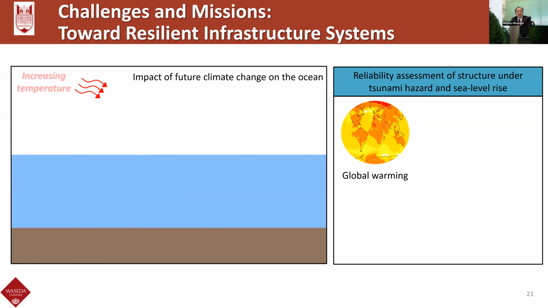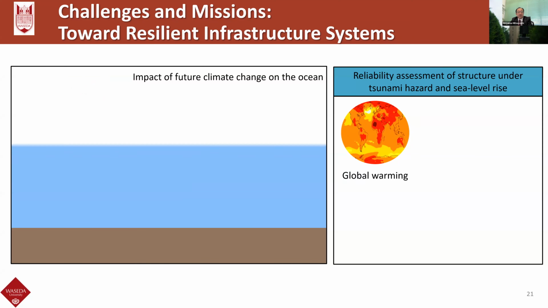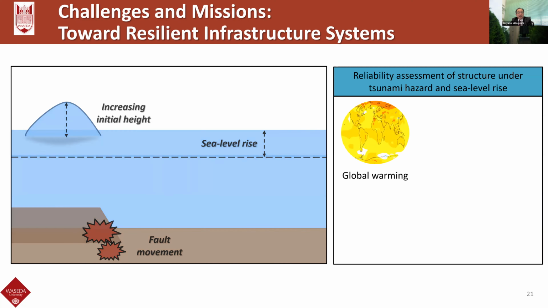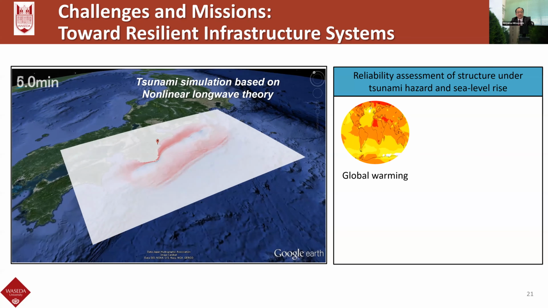So considering the impact of future climate change on the ocean, a method to estimate the tsunami hazard concerning sea level rise is needed to precisely predict tsunami disasters. So tsunami hazard is estimated by conducting tsunami propagation simulations given a sea level rise, while considering the uncertainties associated with the fault